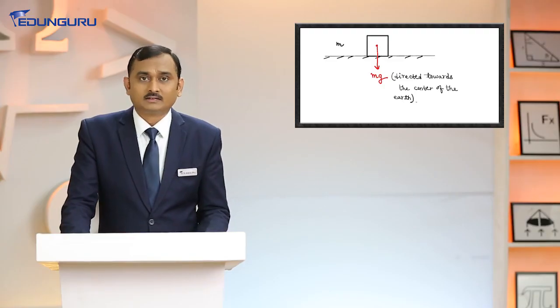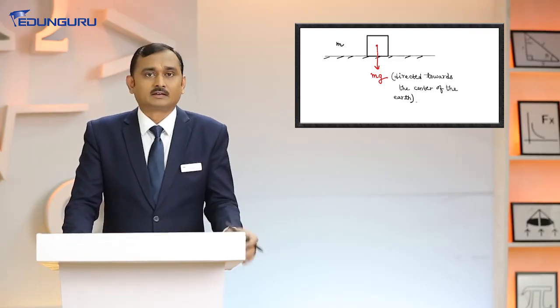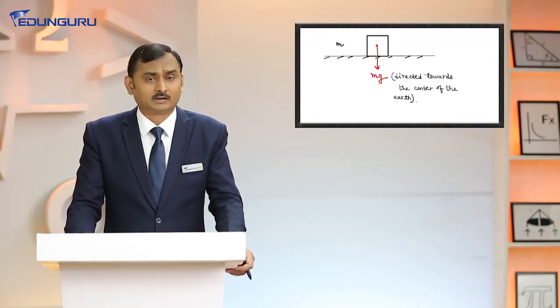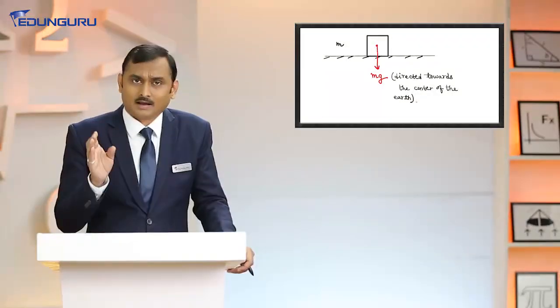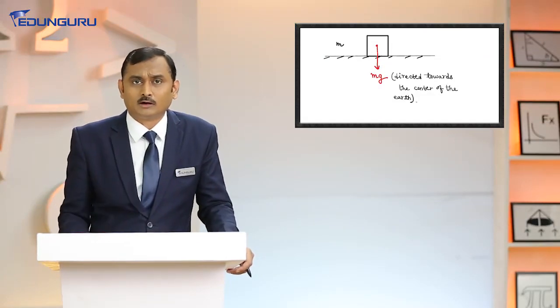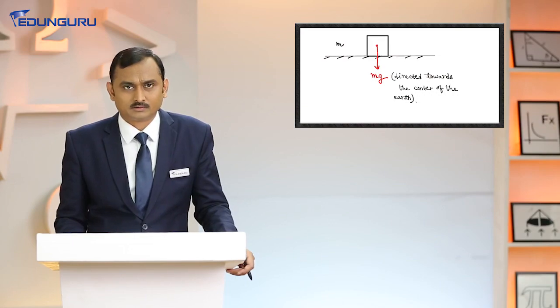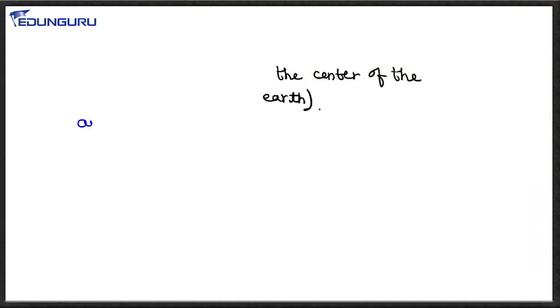So here you can see that since this object is very small and the surface of the earth seems to be flat to us, we can also say that mg is always perpendicular to the ground or the surface of the earth, right? So mg is directed towards the center of the earth,